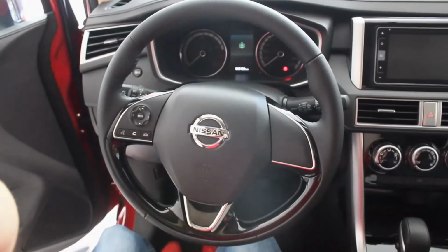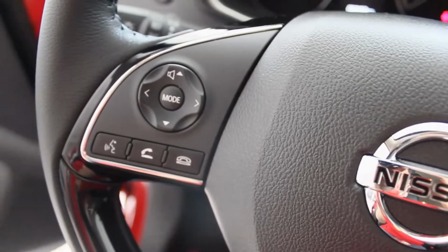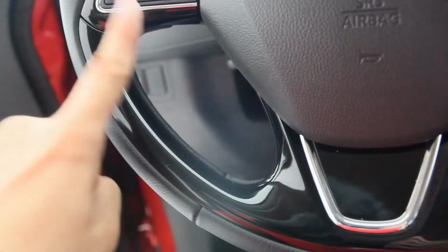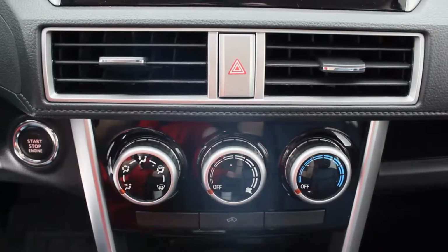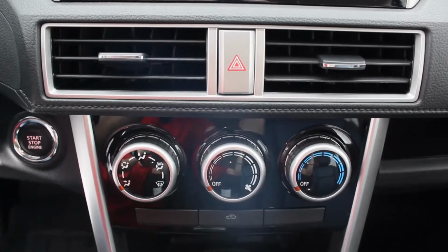Nope. The steering wheel on the right side, it's blank. On the left side, you have your volume and connectivity buttons. And then you have a lot of gloss black here below the steering wheel. Well, it consumes half of the steering wheel. And then, let's check if it's telescopic still. Yep, telescopic. And below your infotainment system, you have air conditioning vents and as well your air conditioning controls just